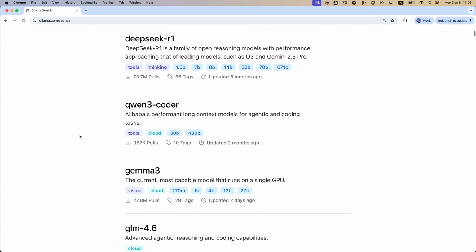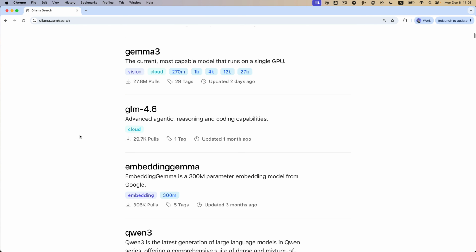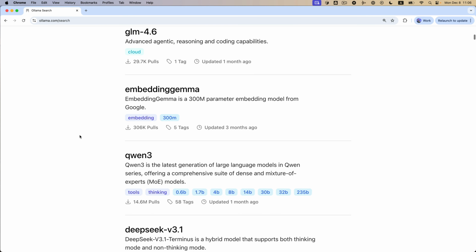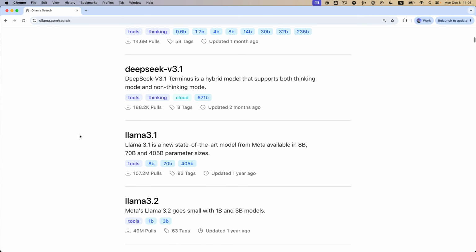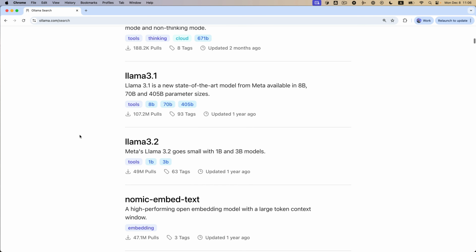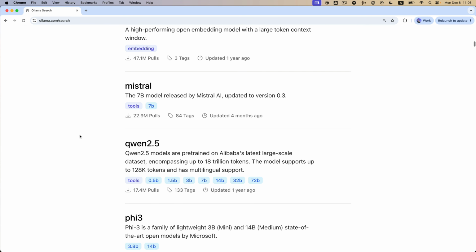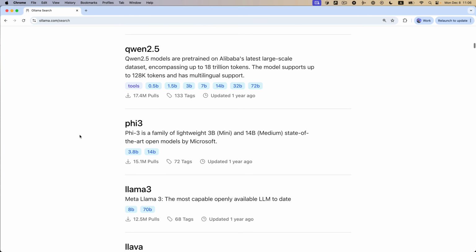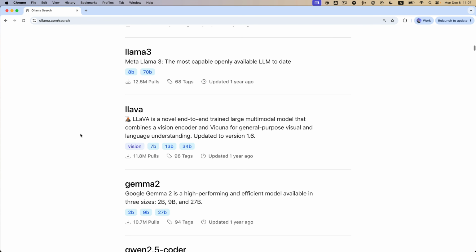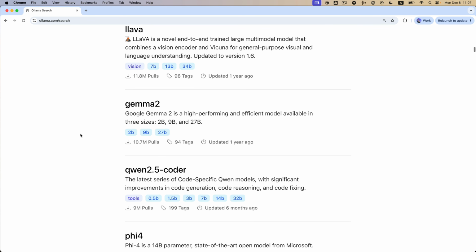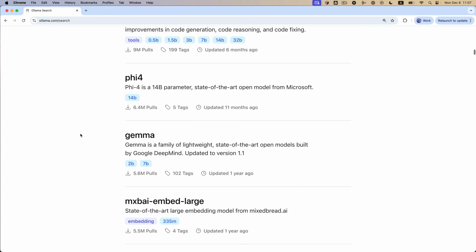Because Ollama models are specifically designed to be run locally, they tend to be very lightweight models compared to these absolutely enormous closed source or proprietary models that we were using in the previous section. This is through a combination of two things. Firstly, the models that are available on Ollama tend to just be smaller variants, something like 3 billion or 8 billion parameters compared to the hundreds of billions of parameters that closed source models tend to have. And the other way in which Ollama models are made smaller is through a process called